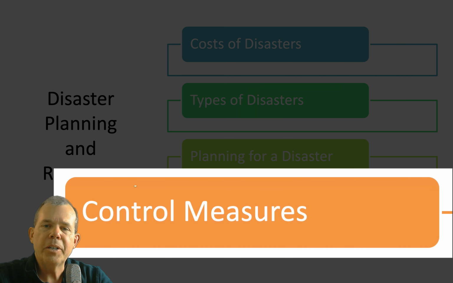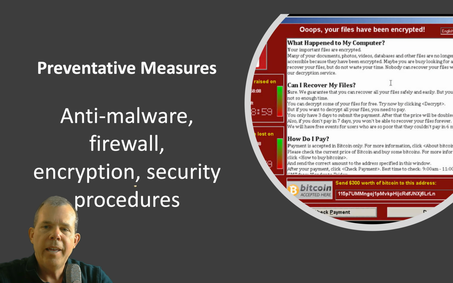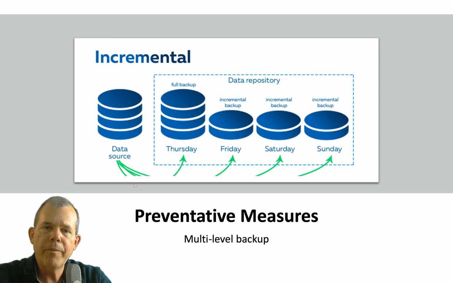Finally, let's talk about the control measures that are put into place to make this disaster less painful to begin with and easier to recover. So, for instance, if we have a problem with software and hackers, such as ransomware, we need to have an ability to restore from where we were so we're not paying a huge amount of money to our hackers to get our data back. So also think about your backups and how often you do them.